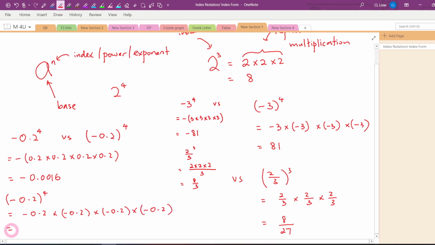So what is this answer? The negative to the power of 4, this will become positive, right? Because this is an even power. So we can just forget about the negative sign. So just think about 0.2 to the power of 4. You will get